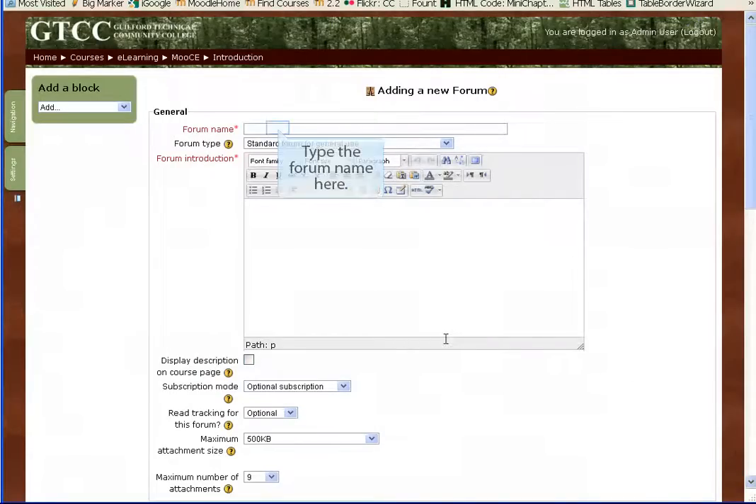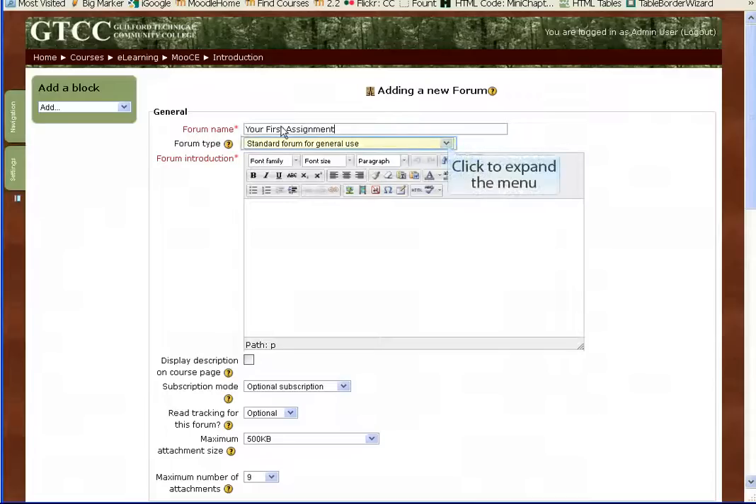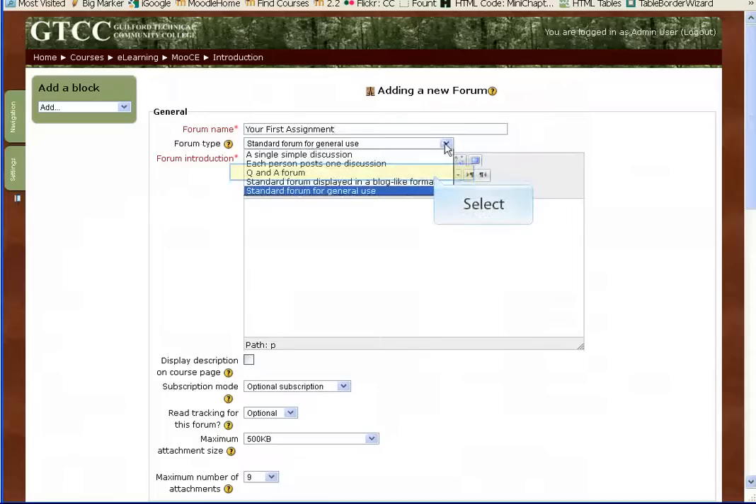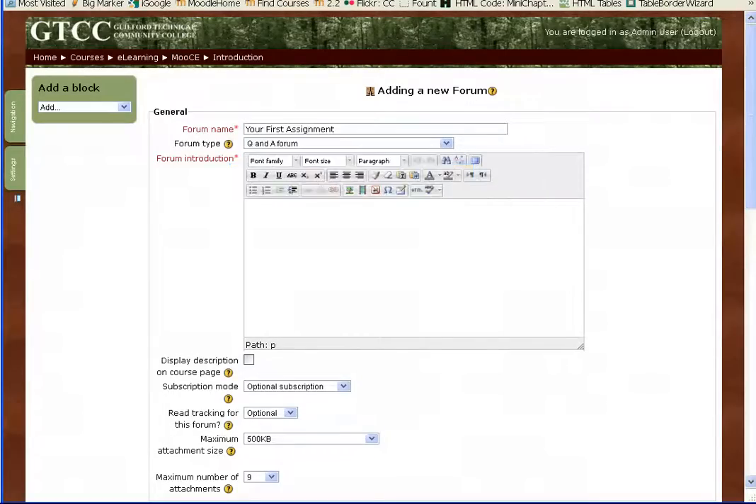Give your forum a name. We'll call ours Your First Assignment. The forum introduction is where you'll provide the directions for the forum. In the drop-down menu, we want to specify the Q&A forum type. In the forum introduction, we'll type